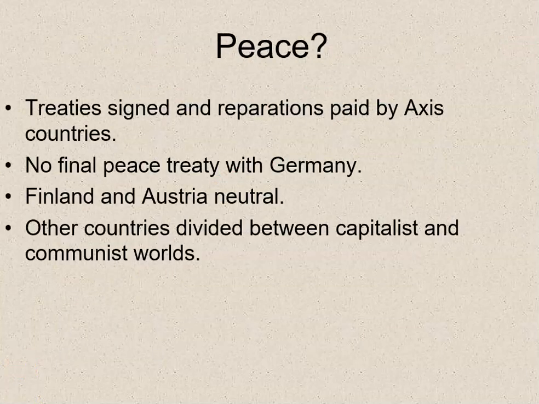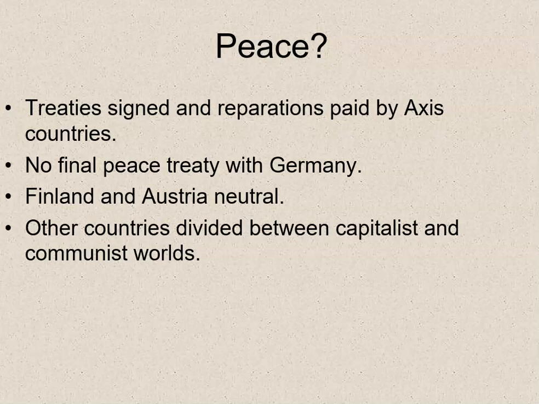Well, there isn't really a peace treaty per se that is signed by Nazi Germany. There are some treaties and reparations that are paid by Axis countries, those who were allied with Nazi Germany or fascist Italy, countries like Romania and Bulgaria and so on. There is no final peace treaty with Germany because there is no German government. What is created